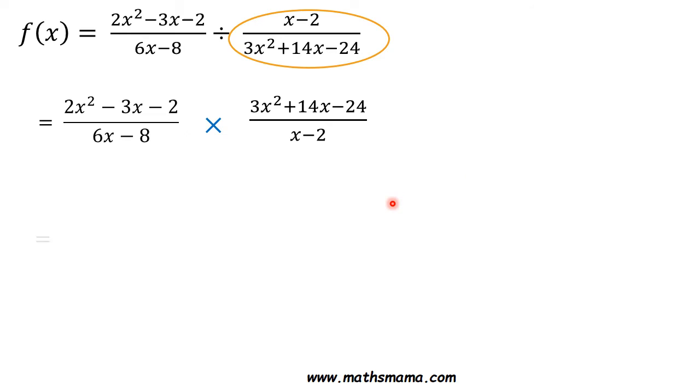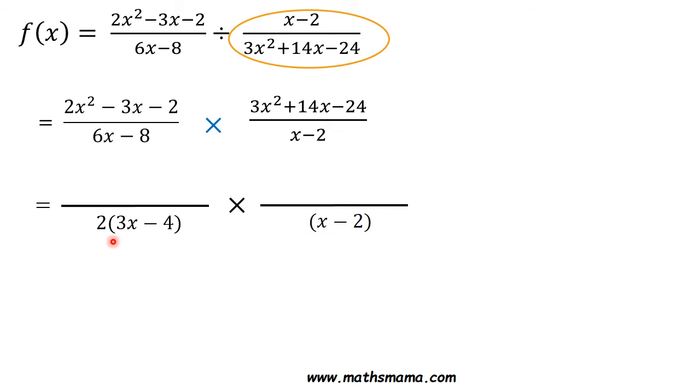In searching for hidden factors, you have to factorize all these expressions one after the other. I would like to start from the easy stuff. This one you can't further factorize, so just leave it alone. And in this expression you can pull out 2, then we get 3x minus 4 inside the bracket. Moving on to the quadratic expressions,